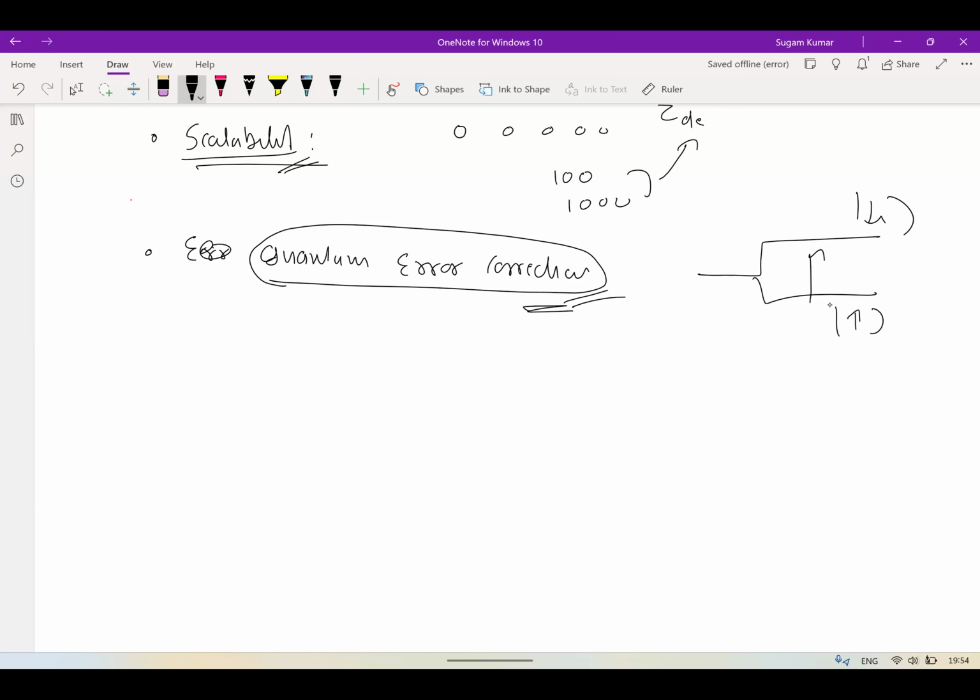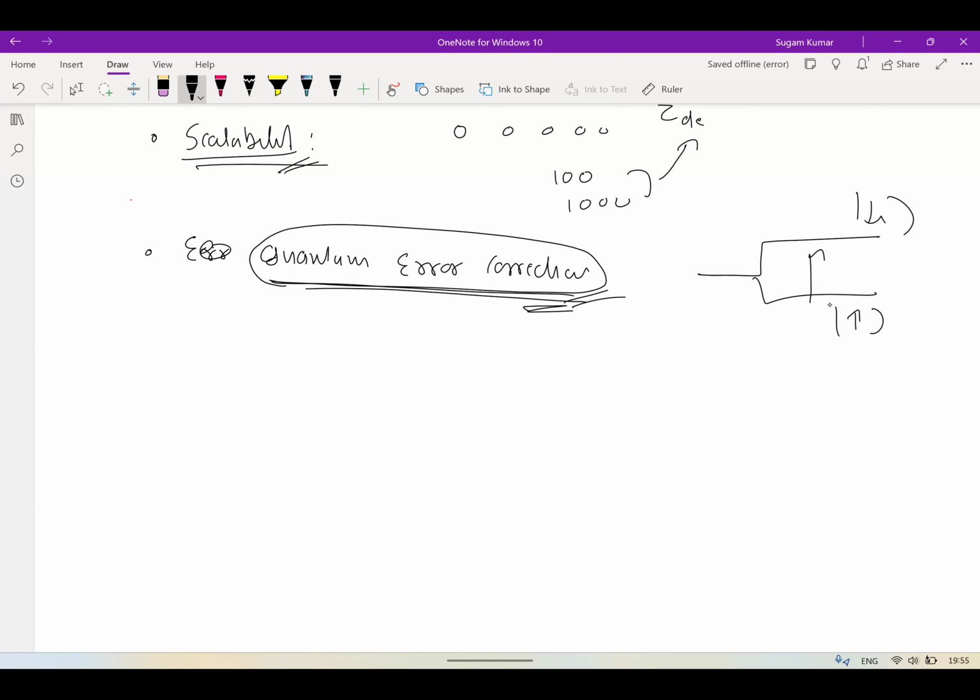Remember that in a quantum system, you cannot copy the information, the no cloning theorem. You cannot make a copy, and you cannot make a large number of copies. So once the information is gone, it is gone. Only information can be reconstructed with the help of another qubit. So those extra qubits are called ancilla qubits. Okay, and those qubits are used to reproduce the information, and that part is called quantum error correction.